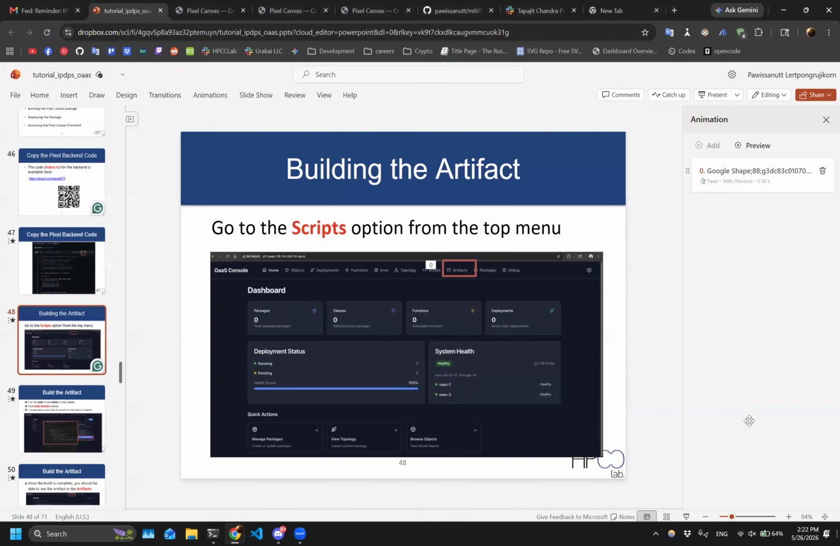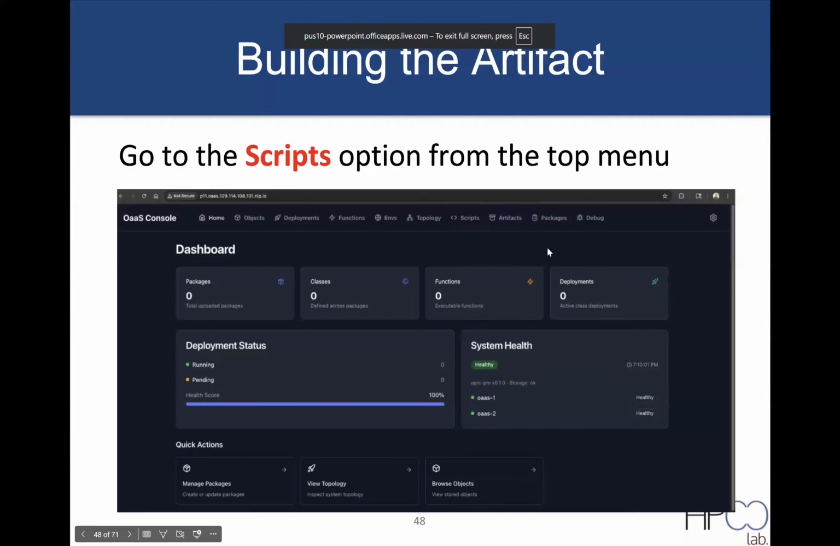Could you go to the artifact? It's already there for a while. Okay, we're all set. So once you are in the artifact,